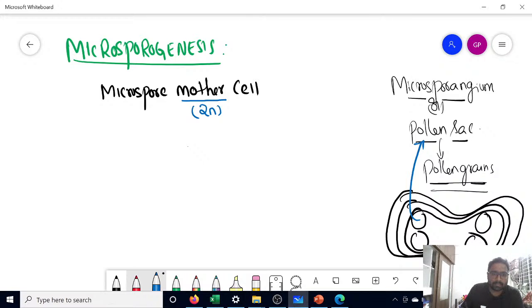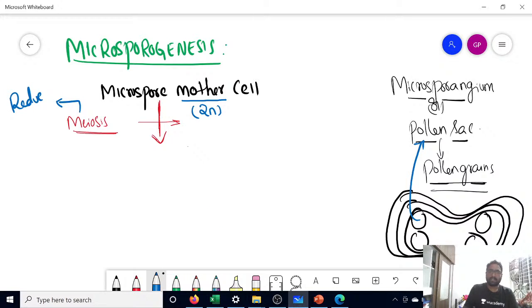Now this microspore mother cell undergoes which division? Yes, meiosis. Meiosis is nothing but reduction division. What do you mean by reduction division? It means ploidy is going to become half. As you all know, now let me tell you, if one cell undergoes meiosis,